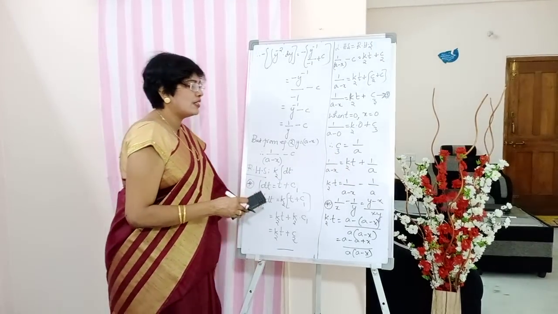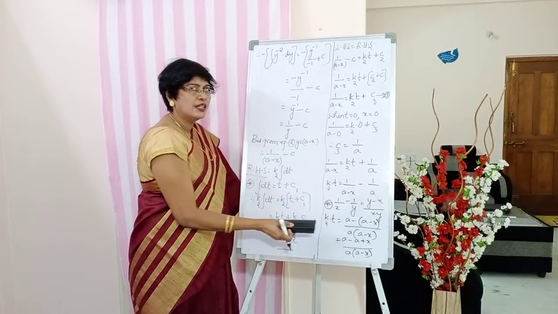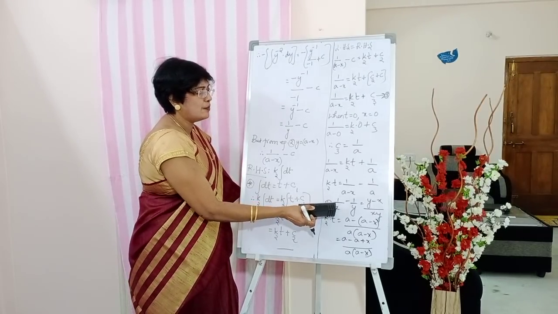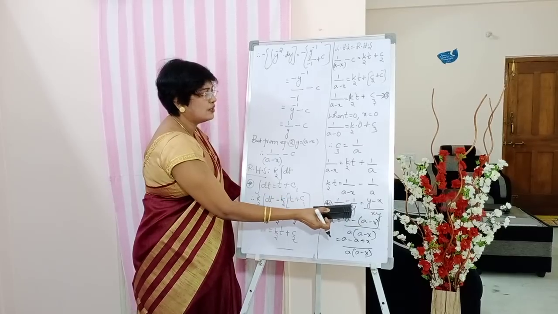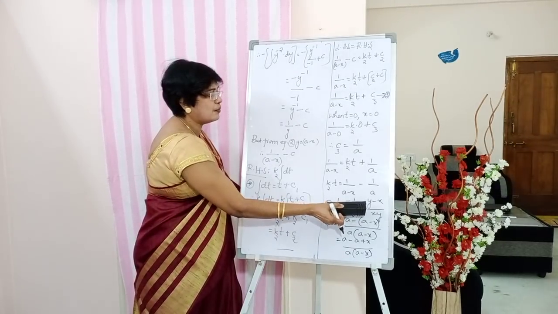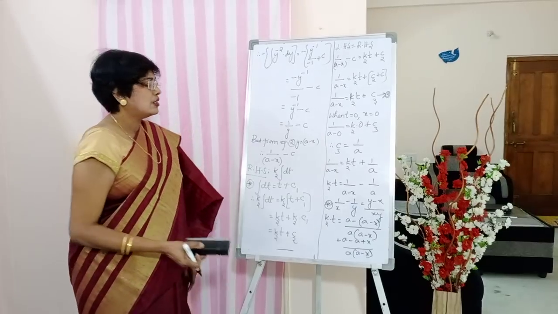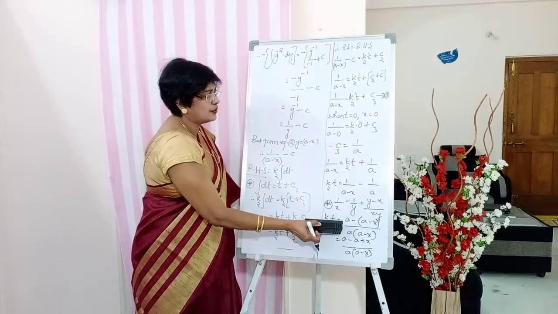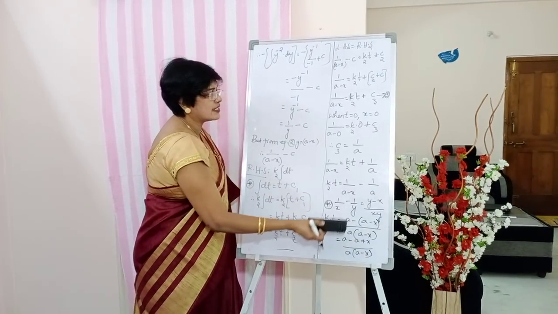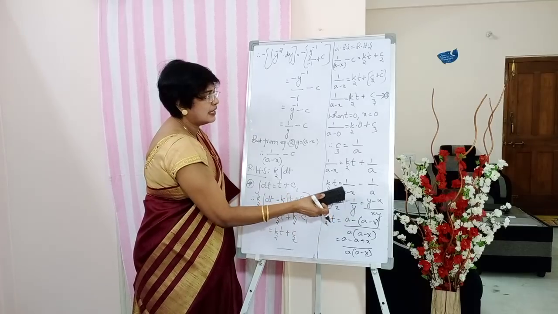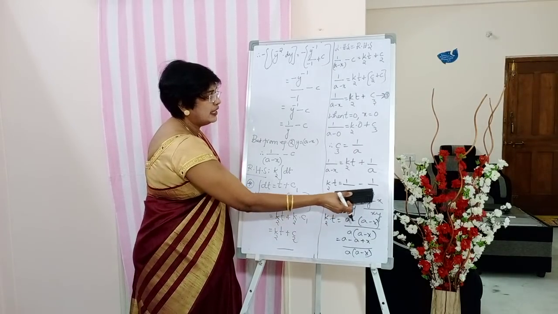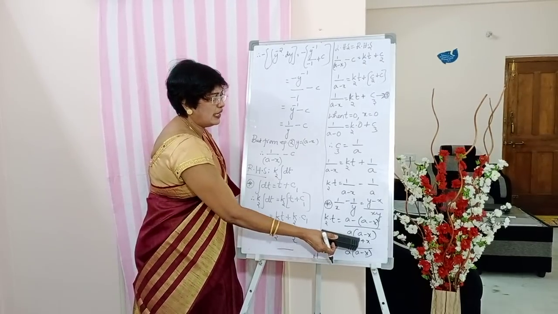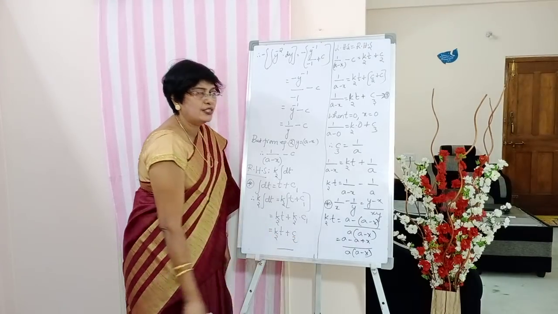Those who can write directly, you can write on the next step. Those who do not know how to write this one, you can write: we know that 1 by x minus 1 by y is equal to y minus x divided by xy. So you can apply this to our equation. Therefore K2 into T is equal to y minus x. So a minus x divided by a into a minus x. Opening up the brackets, a minus a plus x divided by a into a minus x.